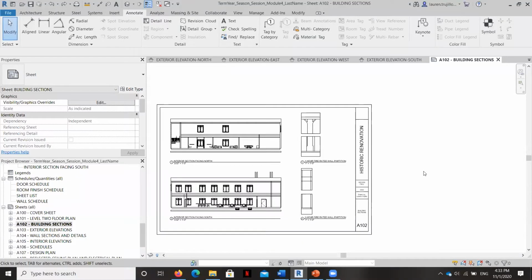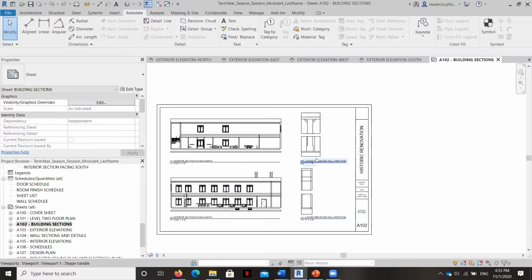In this video, I'm going to give you a little bit more information about detailing. We're going to provide some annotations for these two wall sections, or you could call these wall details. And we're going to detail these out both by adding annotations, and we're also going to add some filled regions to give these a really good expression of how they're built.